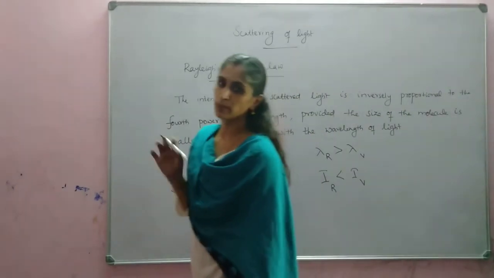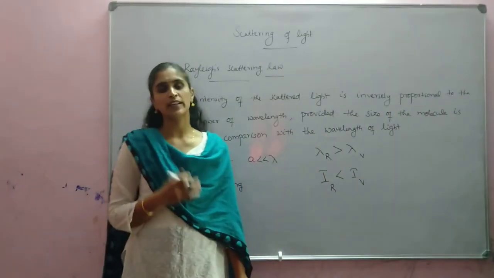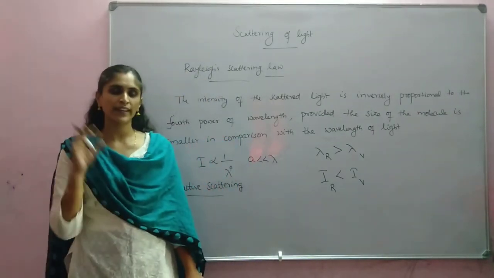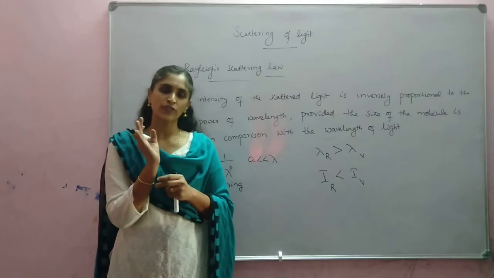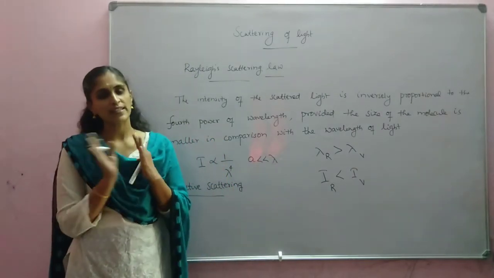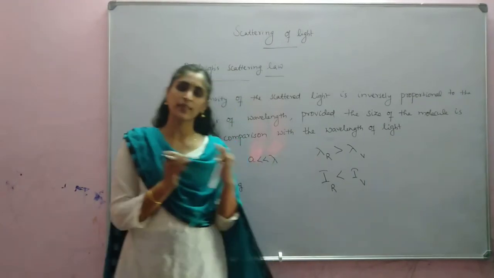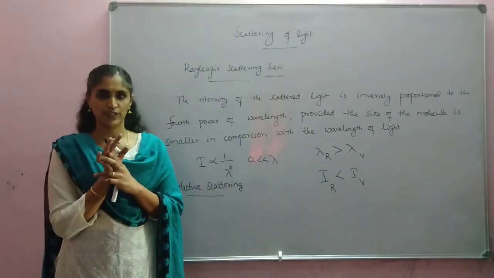because of which we can see the sky to be blue in color, and during sunset and sunrise the sun appears reddish, because low wavelength light will be scattered away from the observer and only high wavelength light, that is red, which is least scattered because of its larger wavelength, will reach the eye. Because of the same reason we use red color for danger signals, because it has larger wavelength, scattering will be least.